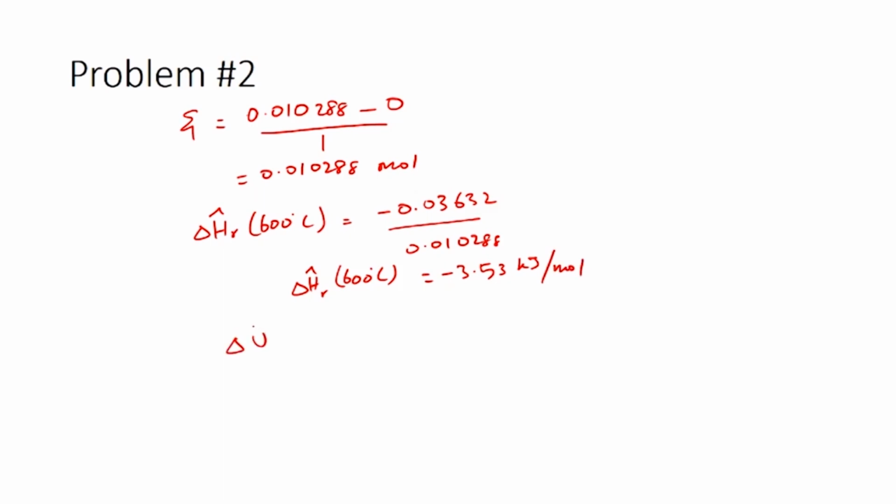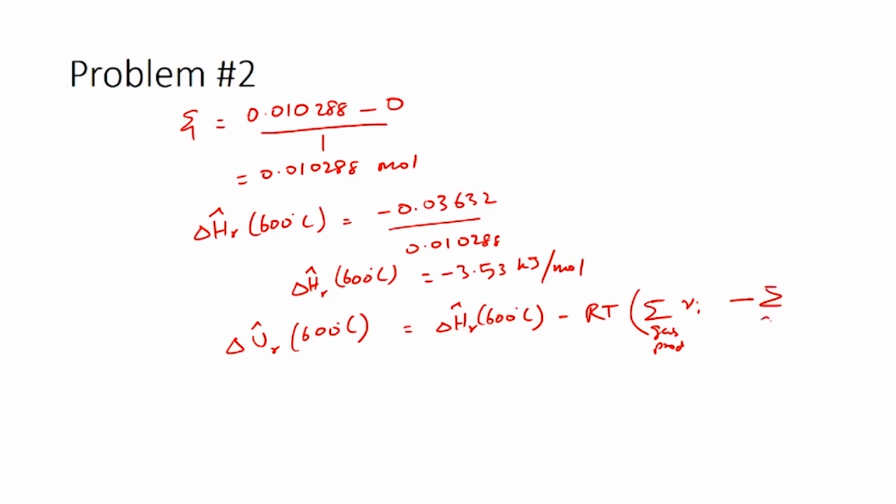So, we have also been asked to calculate delta UR cap at 600 degrees Celsius, and this would be equal to delta HR cap at 600 degrees Celsius minus RT times the summation of gaseous products stoichiometric coefficients minus the summation of the gaseous reactants stoichiometric coefficients. So, this would mean minus 3.53 kilojoules per mole minus 8.314, which is the value for R, times 10 power minus 3, because everything is in kilojoules, I am converting it into appropriate units, and you would want to multiply it with the temperature, which is 873 Kelvin,